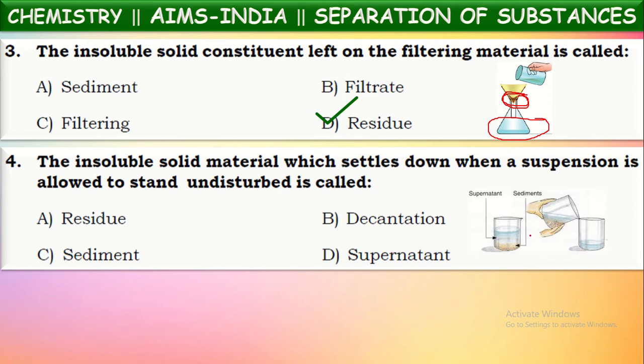See here, a mixture of chalk powder and water is taken. Suppose you allow this container to stay for some time without disturbing. If you observe after a few minutes, we can see that the chalk powder or any other solid material which is insoluble in the liquid will be settled at the bottom of the container. This settling down of the insoluble solid material is called